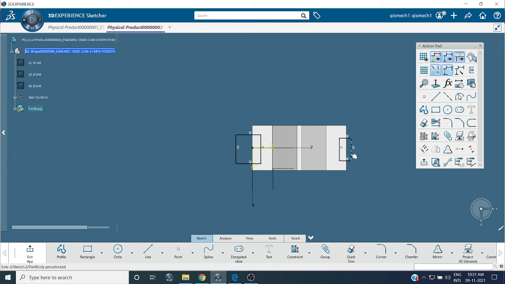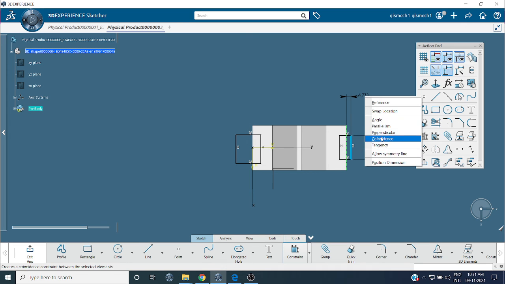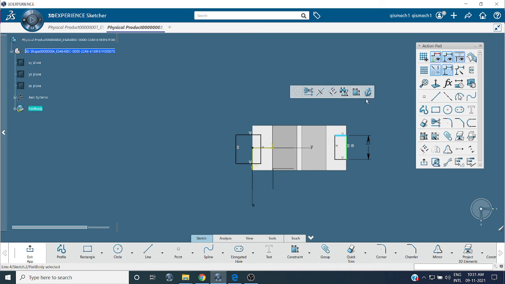So same thing, it is 25. It is coincident with the edge, right click, coincidence. This length it is 11. Okay, from this length here it is 11.